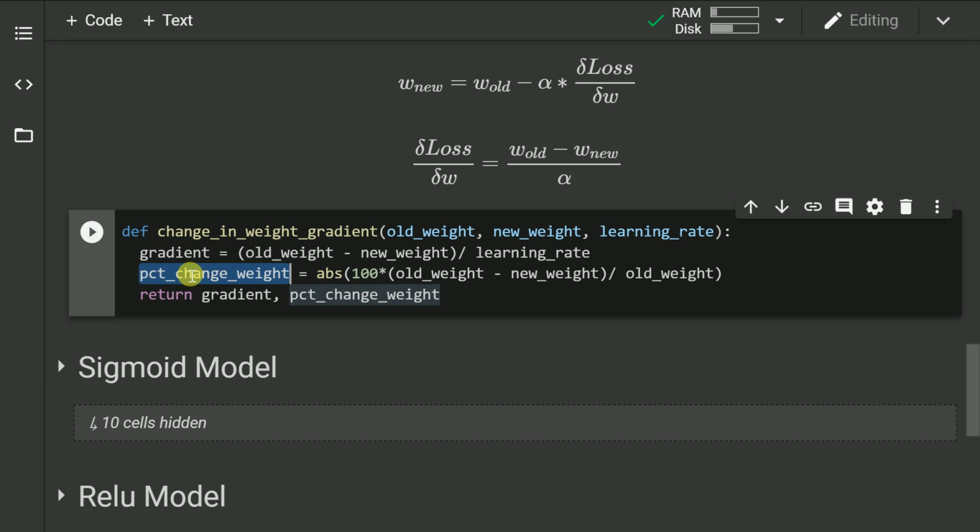The next thing that I've done is I've calculated a variable called percentage change for weight, which essentially encapsulates the change in percentage between weight values for one epoch or one backpropagation to happen. If this idea is clear, let's now move forward and create a neural network architecture with two different activation functions.